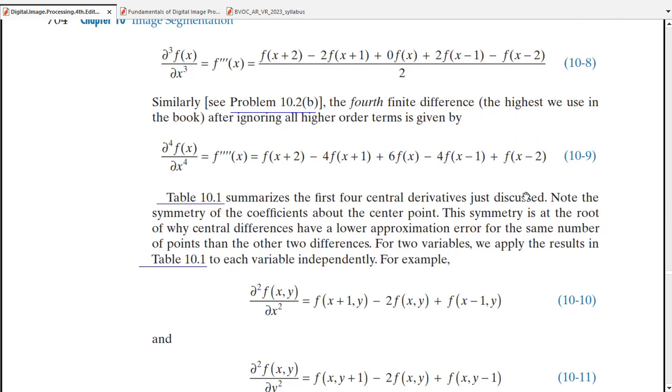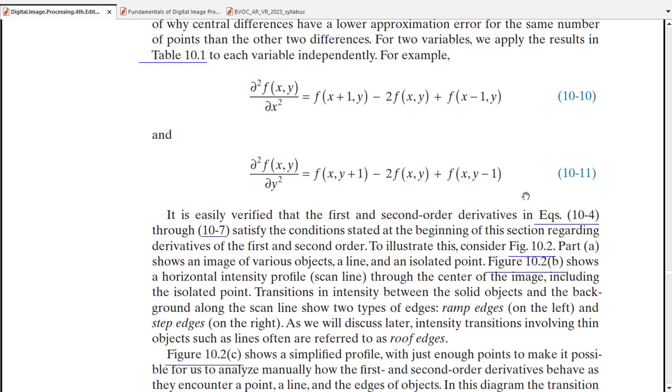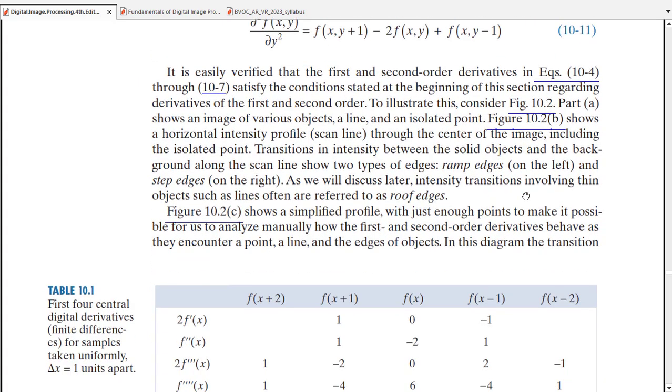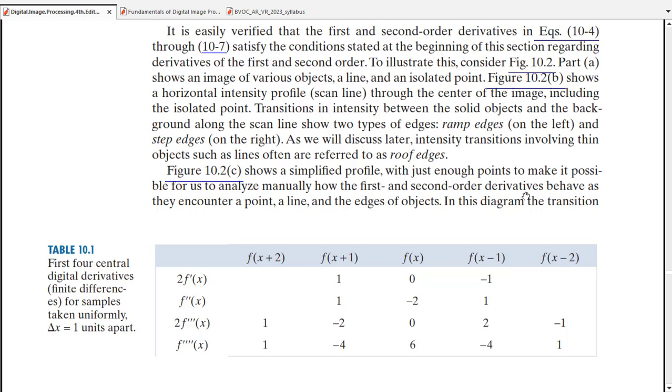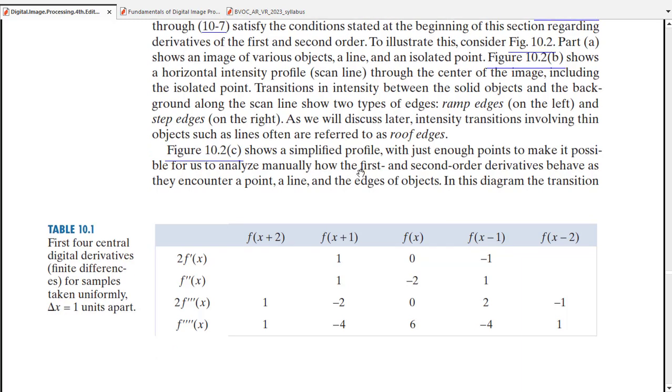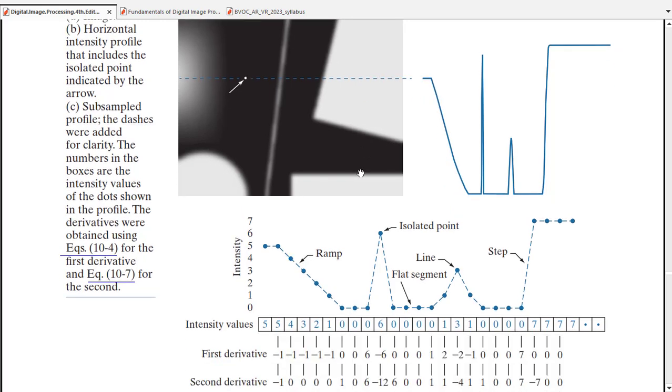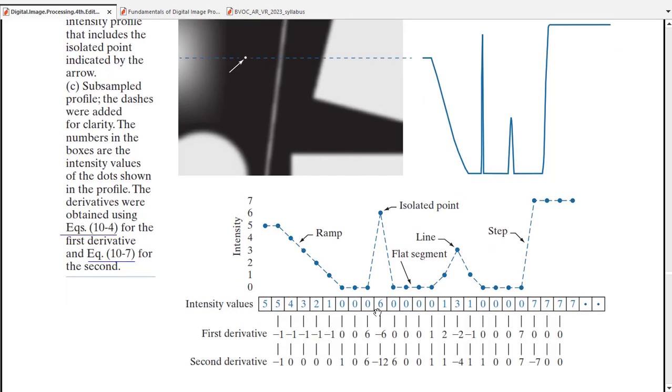That book already has the derivation, same concepts. But here we study the different types of edges: a ramp and step, ramp edges on the left, step edges on the right side. Roof edges refer to involving both ramp and step. See, like that, here is the step for intensity value, here ramp edges and step edges. So here some type of line comes to an isolated point, you will join,